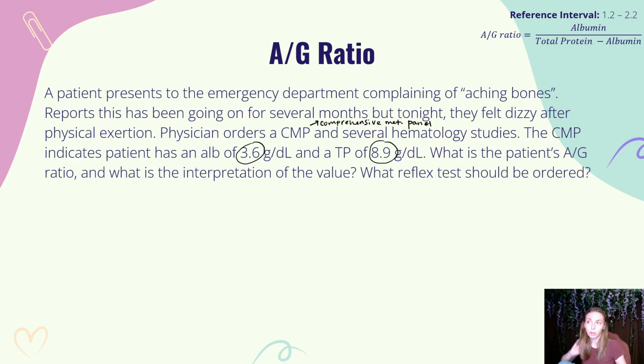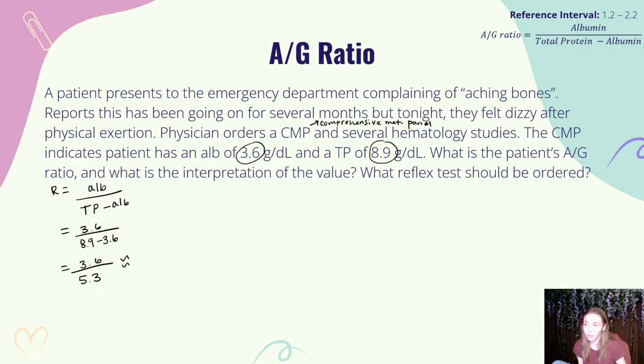So let's get into this first. Let's walk through our math. So our ratio equals albumin over TP minus albumin, which is going to equal, in this case, 3.6 over 8.9 minus 3.6. It's going to roughly be 3.6 over 5.3,